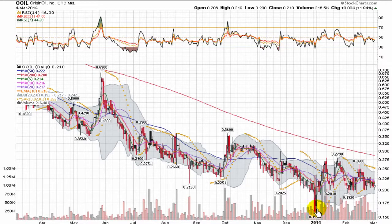Stock dipped as low as about 16 cents. Big bounce up to around 28 cents. It's been holding support at 20 cents so far this year. And as that support point has continued to firm, I want to pay attention to this chart going forward to see if it's going to try and rise and establish this point as a true bottom and the breaking point